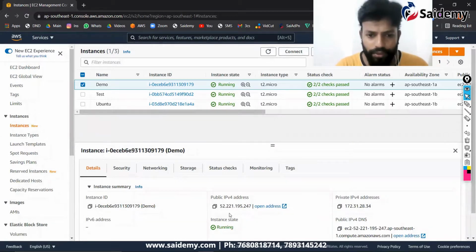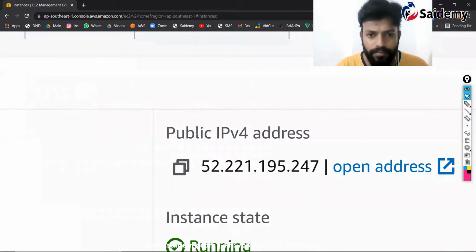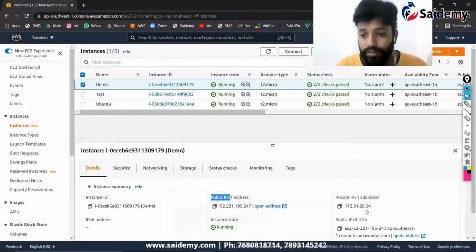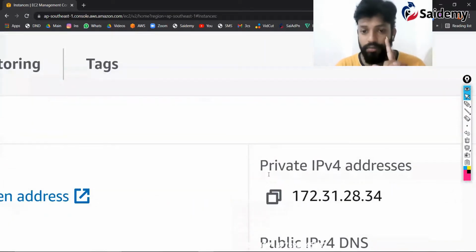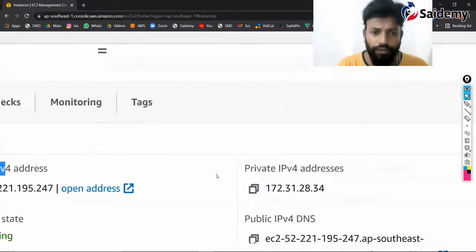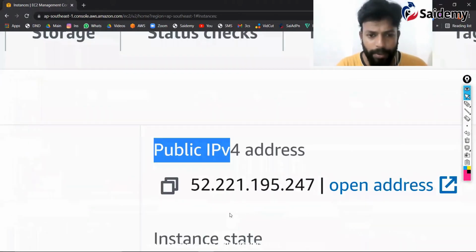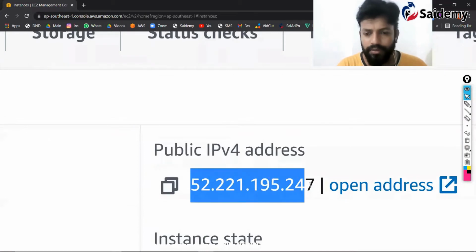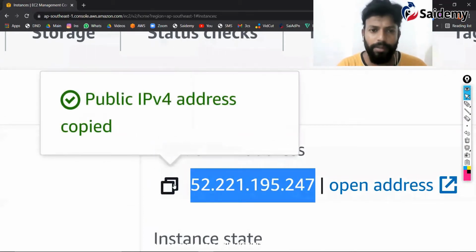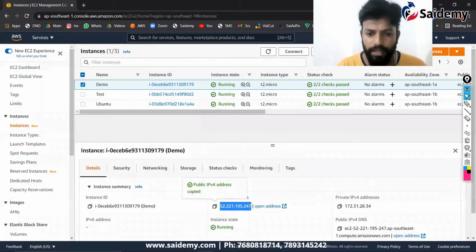So what you do here, you can see the public IP. You should not select the private IP. Very, very important. Later on, I'm going to explain network related concepts, and at that time I'll explain the difference between public IP and private IP very clearly. As of now, you select only the public IP. Or directly you can click here, that will be copied. Copied public IP, open PuTTY,